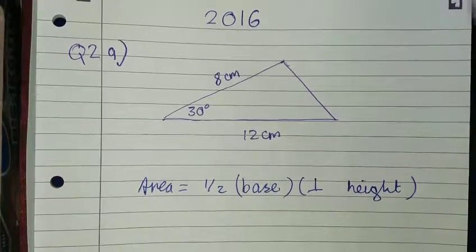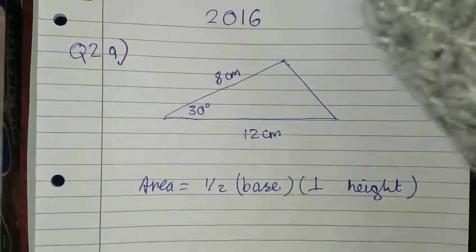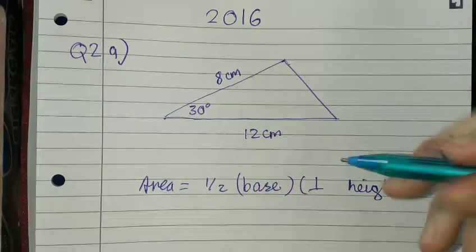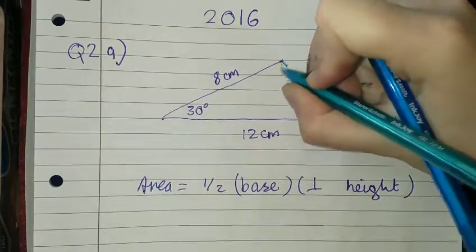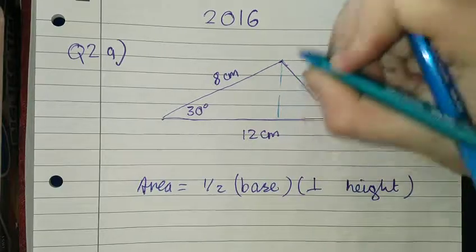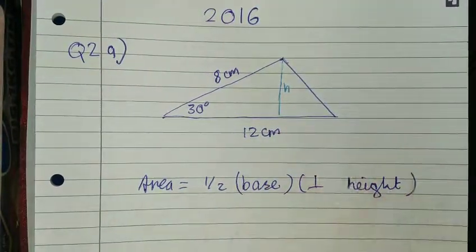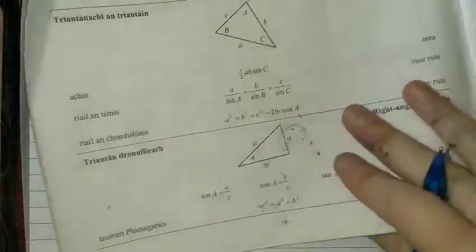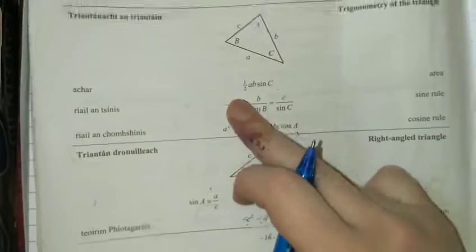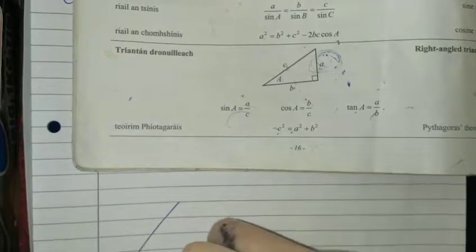So if we were to do that on this triangle, if we were to take 12 as our base, we would have to also get the perpendicular height here. So we would have to get this height here. So we'd have to use that formula. But there is another way we can get the area of a triangle. Say if we have a triangle